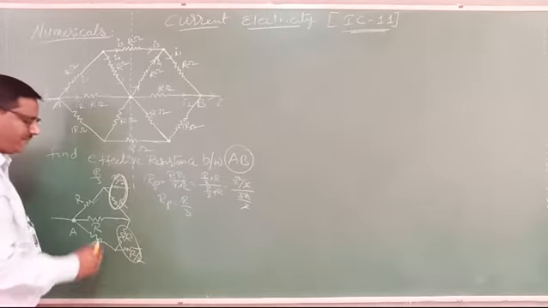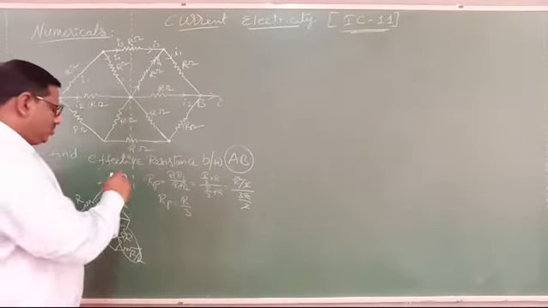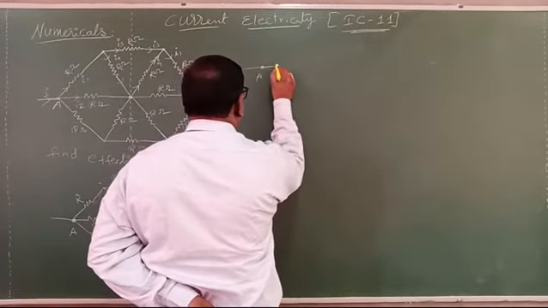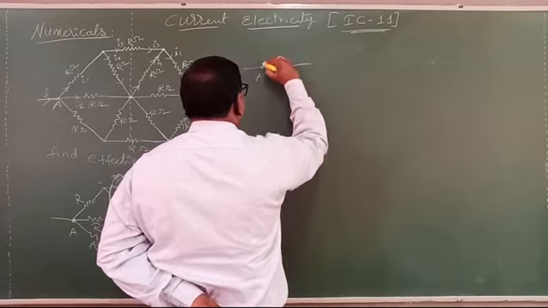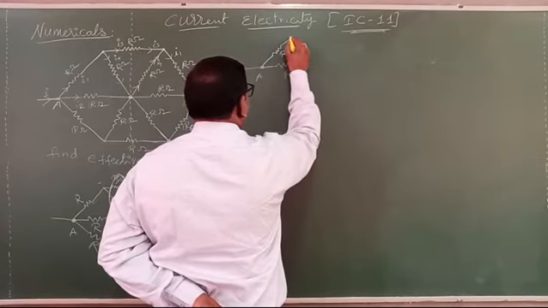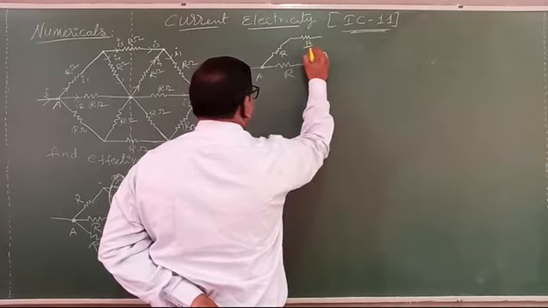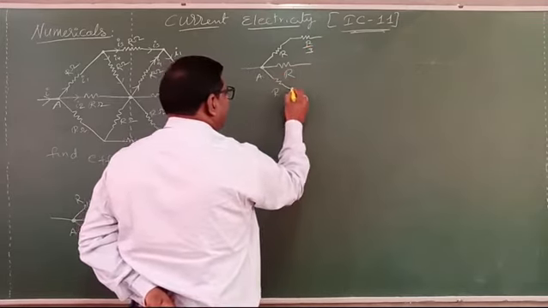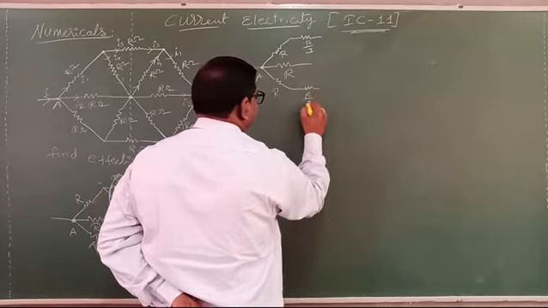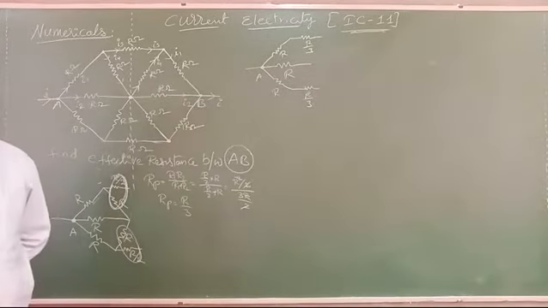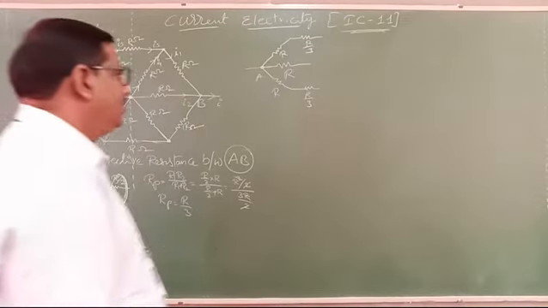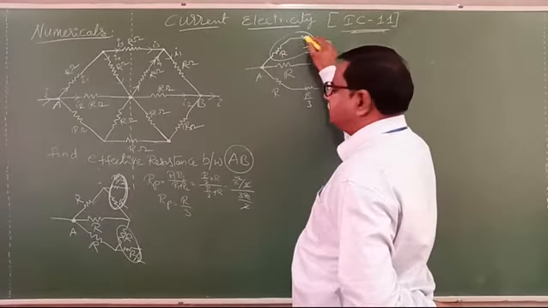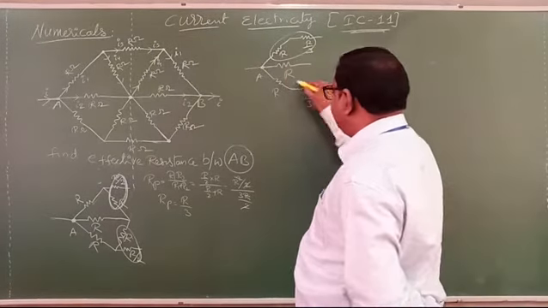This effect will also become R by 3. Clear? So for this one, continue here. I am continuing that, that is A point. Here one resistor, that is R, and here one resistor, that is R, and here one resistor, that is R by 3 effective. Here also it is the same, it is R, and here R by 3. In that half circuit only I am saying that. Now these two are in series. Why? Because the current will be the same.